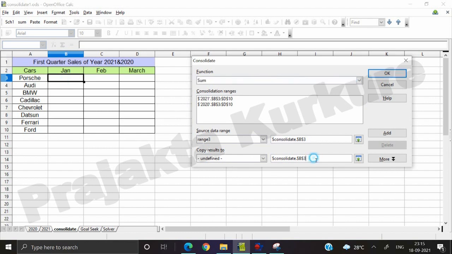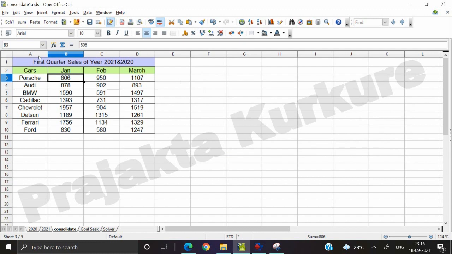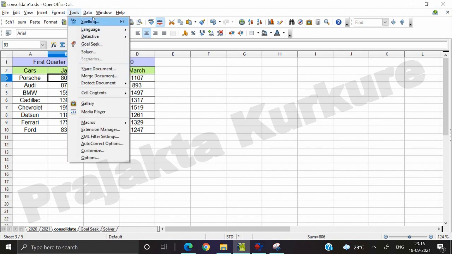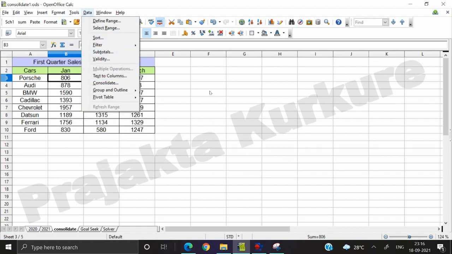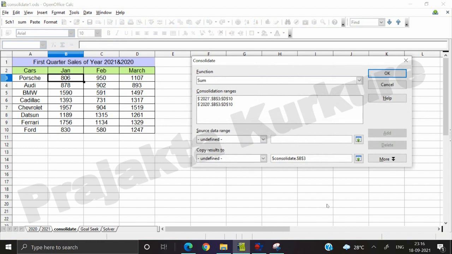So here you can click and your result will start from the cell B3, and click the OK option. Now you can see that all records of consolidation have come, but we need to take the screenshot also. I forgot to take it, so let's do it again. Okay, so now this screenshot you need to take along with these values. So this is my screenshot for consolidation.